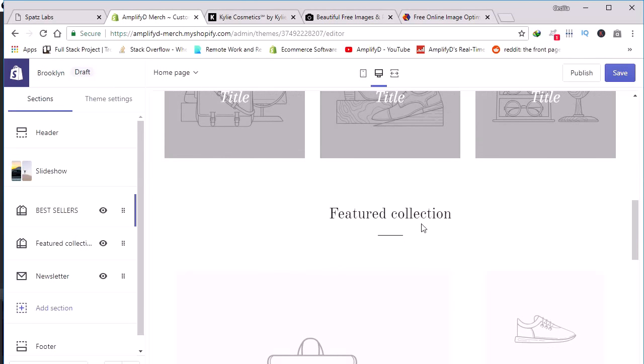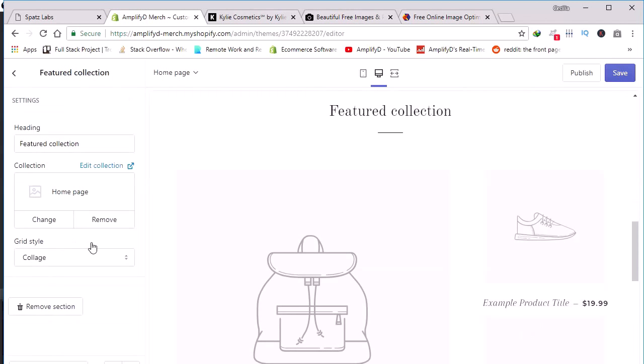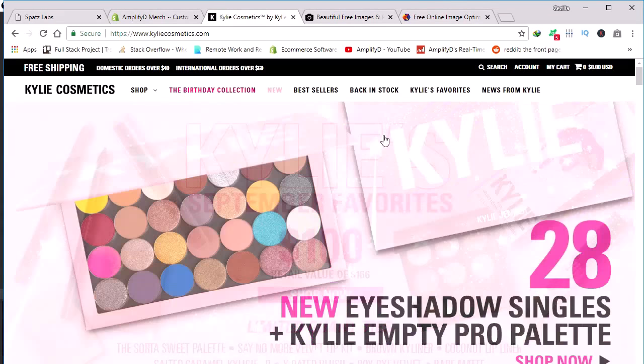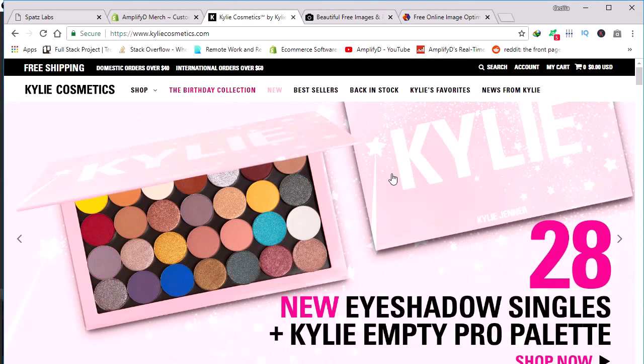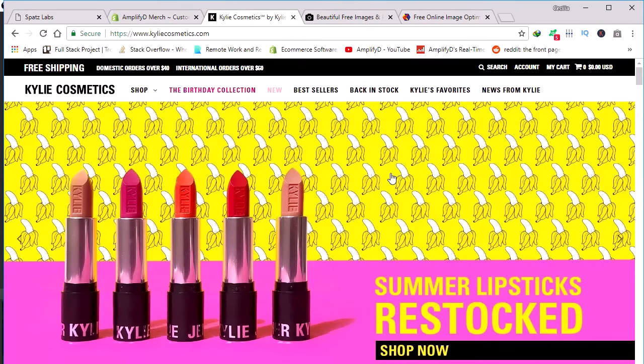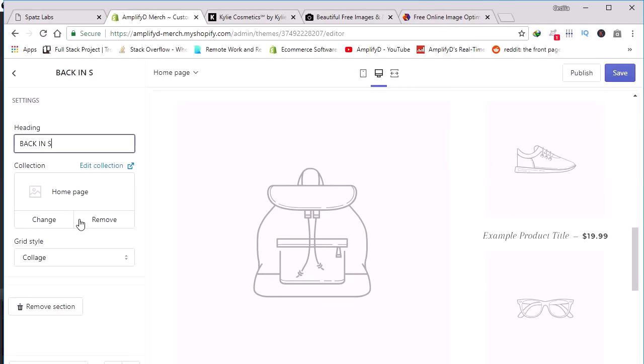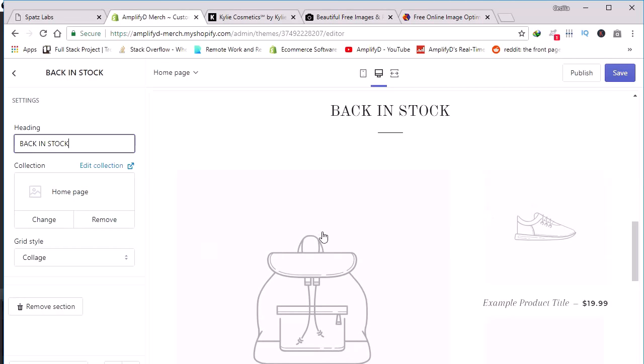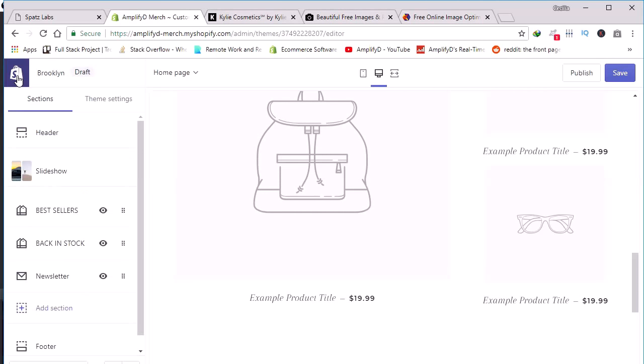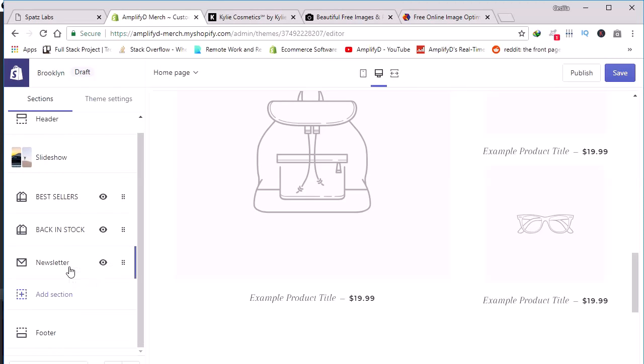And on this other section, this one written featured collection, I'd love to write something else. Or let's just look at Kylie Cosmetics. So let's write back in stock. Yeah, so let's write back in stock. There we have it, and we are almost done, guys. We are doing great. And the last thing to change is